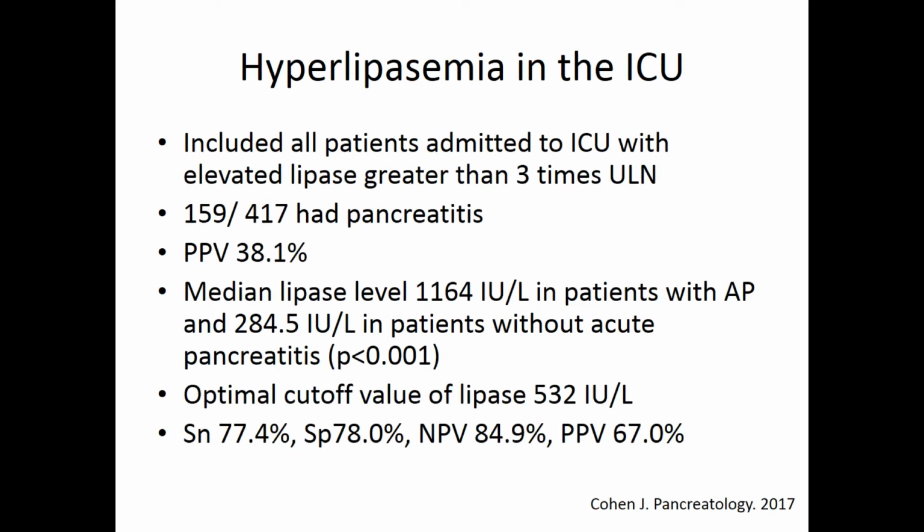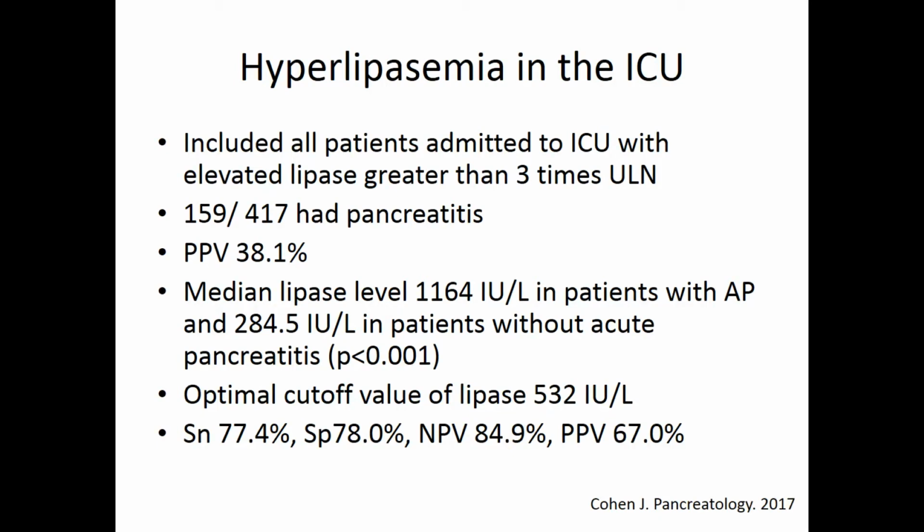We used to think that a lipase greater than 3 times the upper limit of normal was very specific for acute pancreatitis, but now we're starting to see that it's maybe not as good as we thought it was. This is a study that looked at patients admitted in the ICU with an elevated lipase greater than 3 times the upper limit of normal. And they included 417 patients, and of those, only 159 were actually diagnosed with acute pancreatitis,